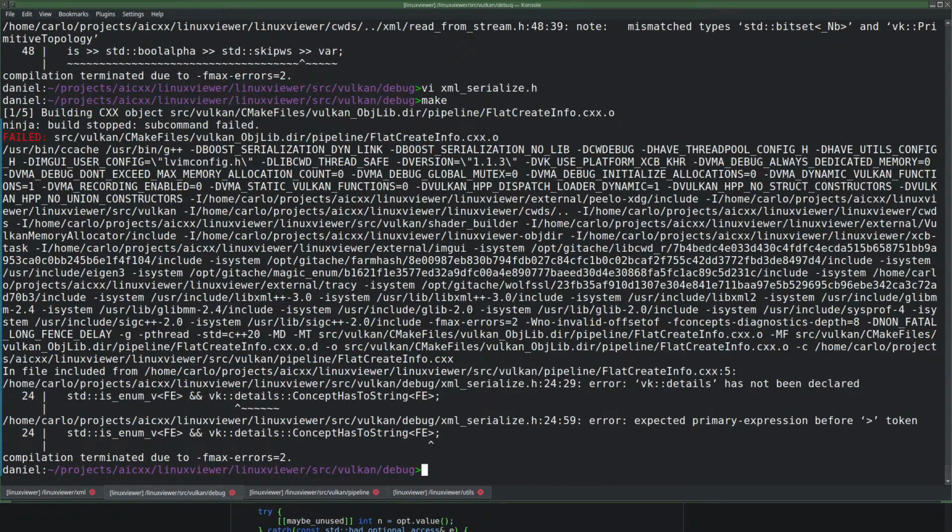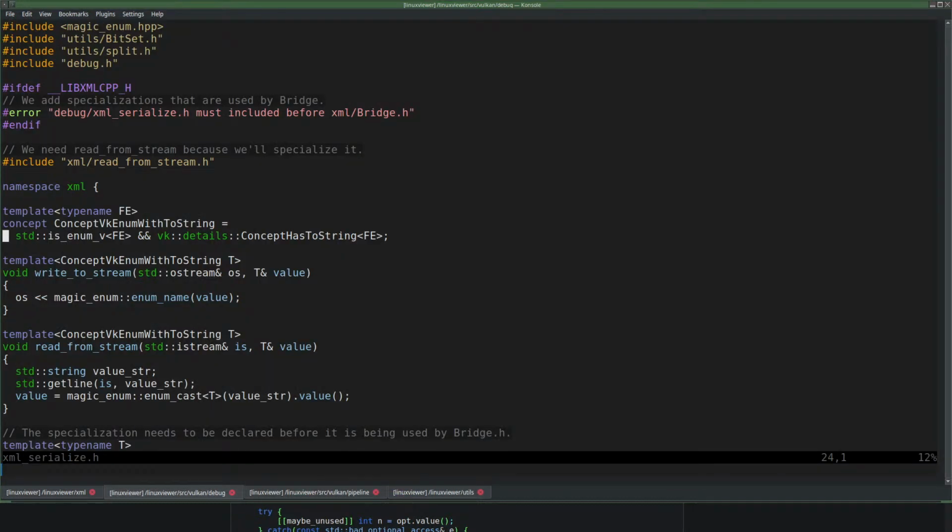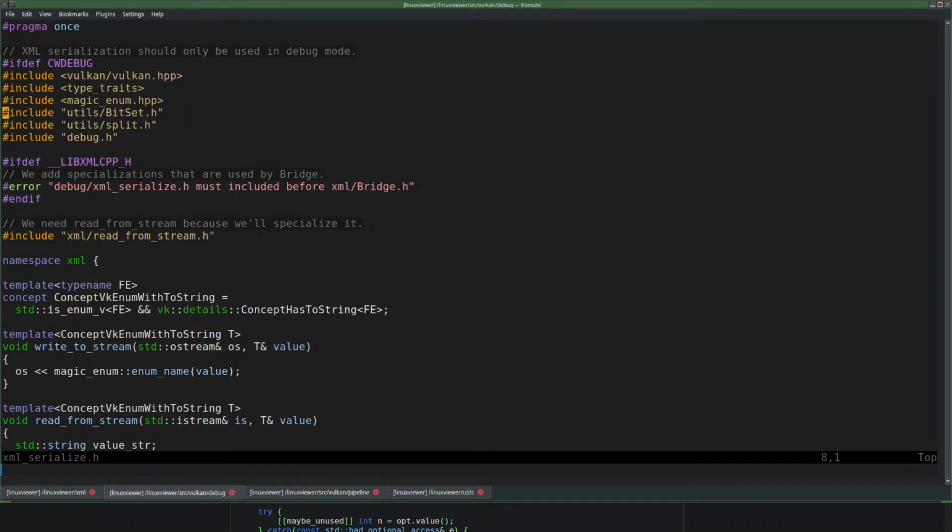Herr Omnic ist da. VK detail, what? Detail has not been declared. Oh, maybe you are just mistaken and it was declared. What do you think about that?